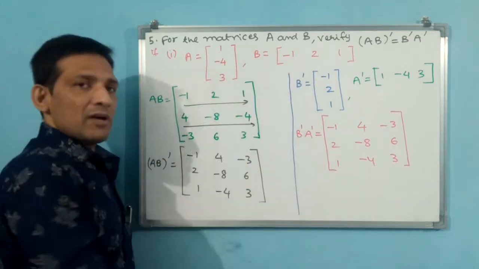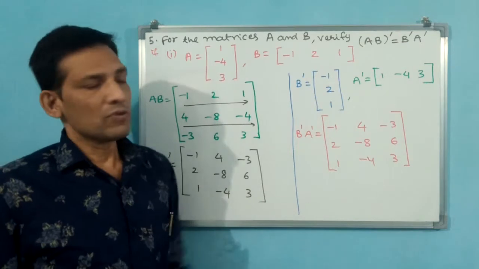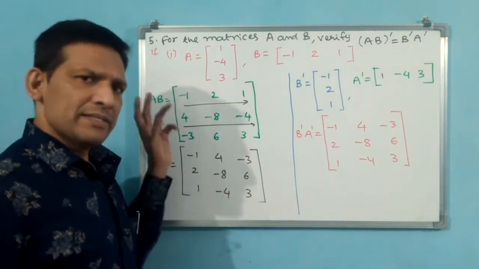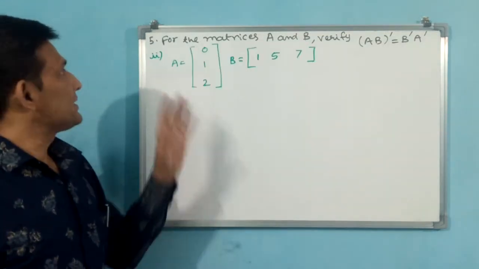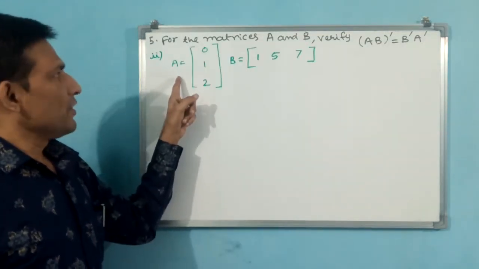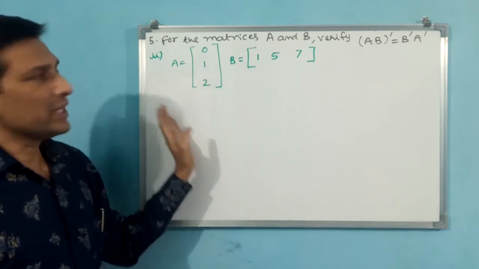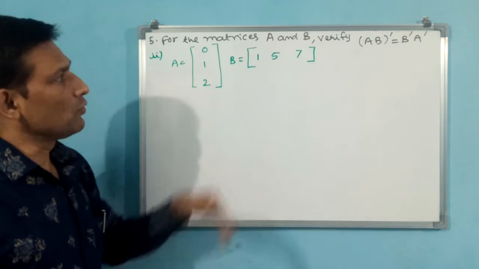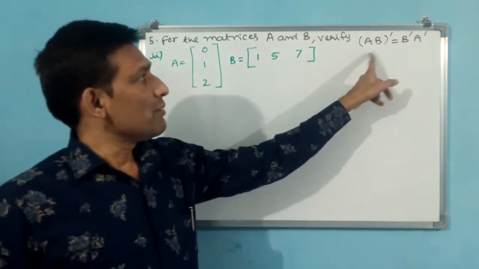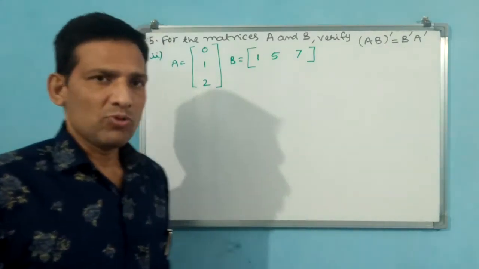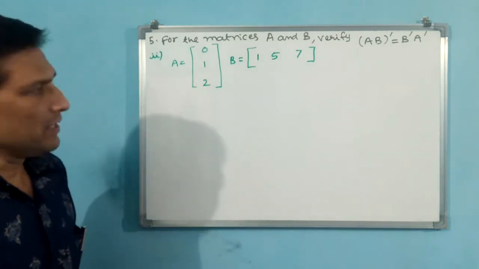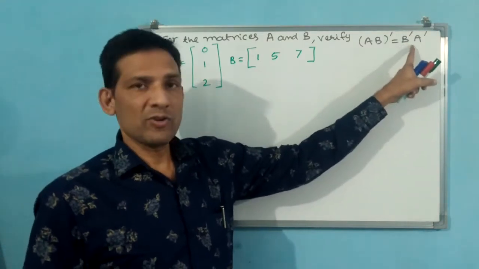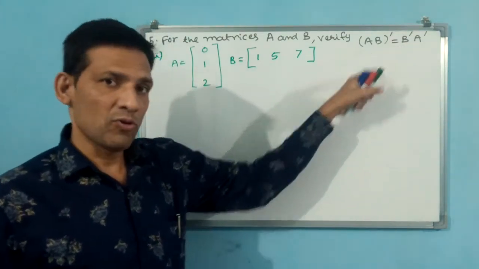For the second part, A and B are going to change. Only this you have to prove: (AB) transpose is equal to B transpose into A transpose. Okay. Let us go for the second part also. See the second part now. A, B they have given. Here also you see this is 3 by 1 and this is 1 by 3 matrices. Both. What you have to do? AB whole transpose is equal to B transpose, A transpose. You have to prove. Verify. This also, LHS you do this side and RHS do this side. RHS is B transpose into A transpose. LHS is AB whole transpose.